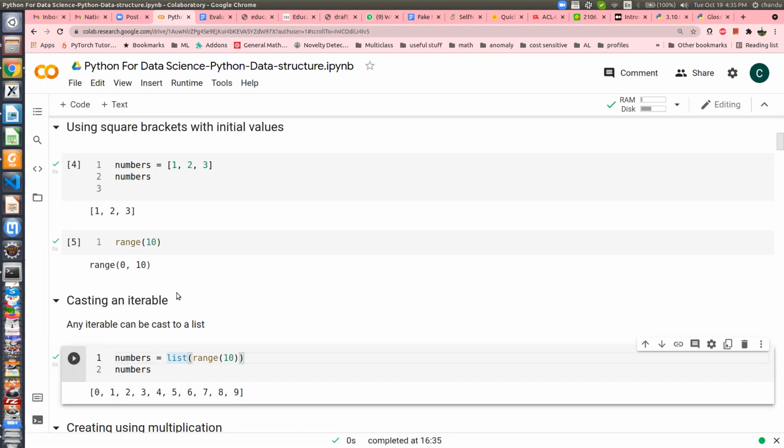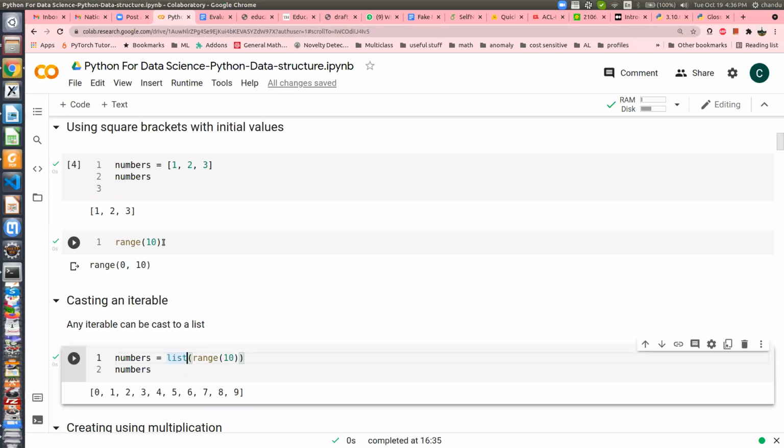There are a lot of things I'm not telling you. Here the range is basically a generator. A generator is something in Python which is a kind of iterator, used to generate numbers on the fly, right? Why? Because sometimes, let's say I want to create an array of million size. In an array you have to create an array of million size and insert those numbers in C, right?